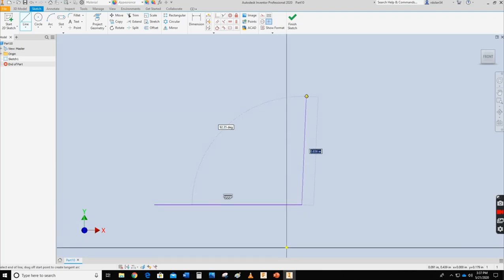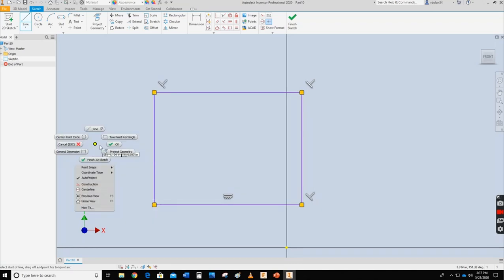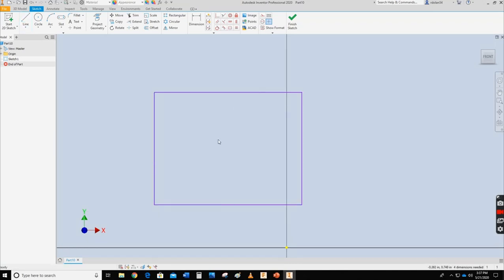I'm going to drag down a little bit. I'm going to drag it up. Again I'm leaving it at 90 degrees, and you'll see that there's a perpendicular icon there. I'm going to click on it. Again you'll see that I have a perpendicular icon over here. I'm going to drag it this way. I'm going to line it up with this one, get a nice straight line. There's my perpendicular. Come down here, and there I have my